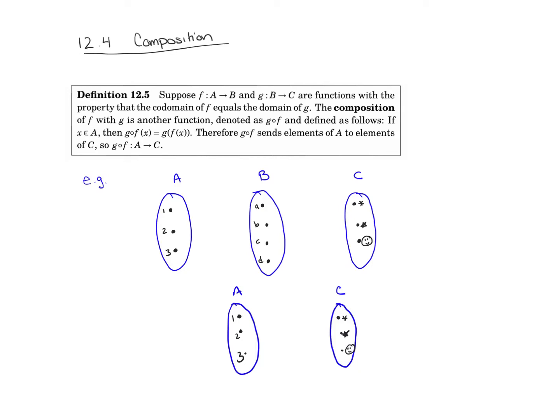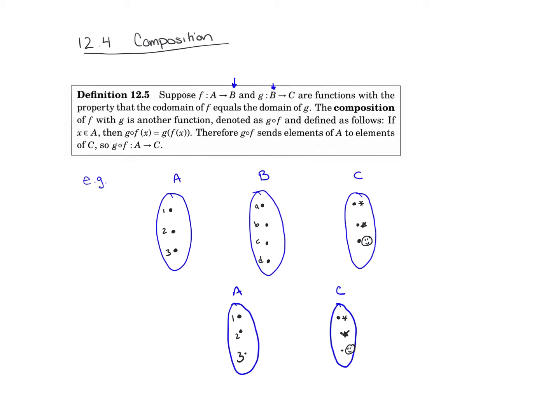Section 12.4 talks about compositional functions. So first let's look at the formal definition. Suppose we have a function f from A to B and g from B to C, and those are functions with the property that the codomain of f, so that B, is equal to the domain of g. Then we can define the composition of f with g to be another function, denoted g compose f,